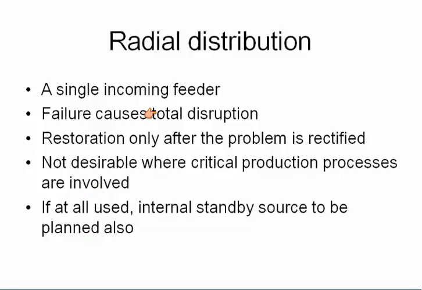So if you are running a factory on a radial feeder, what could you do? If you have a radial line powering a factory, you want production to not be affected, what could you do as a backup? You need to do something locally at the factory, and you might have to install, add another feeder, which is expensive, if you have to contribute, or have a small generator just for the critical loads. Absolutely.